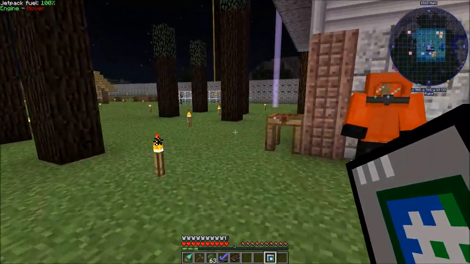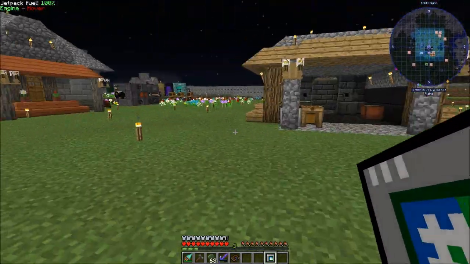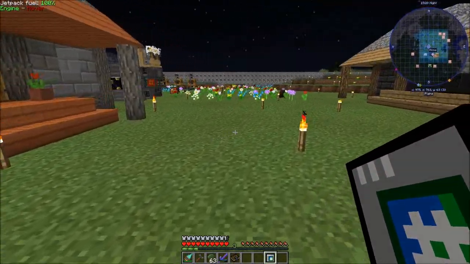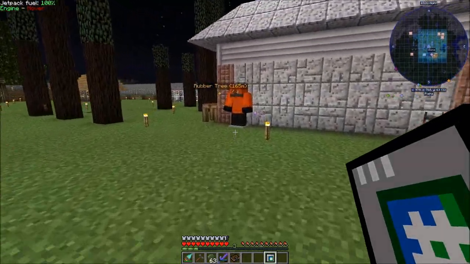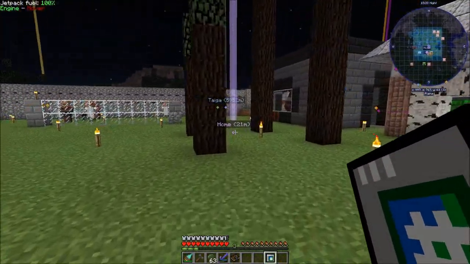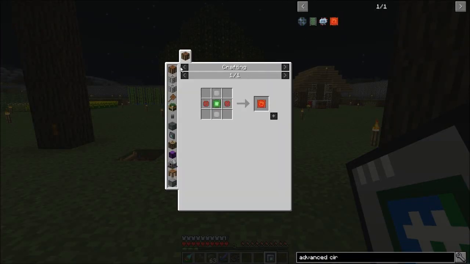Let's see. Prioritize. Let's work on starting the forestry thing. That sounds like the best option for right now. Because I have reliable sources of RF power now. I have reliable sources of infinite water. And I would like to be able to automate the gathering of rubber. Because until I can get the ability to make these...